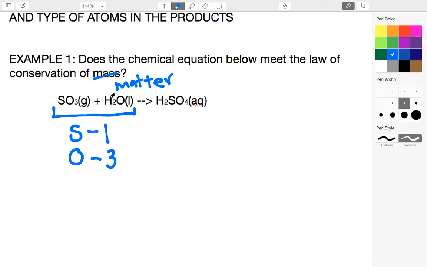Right? I also have H2O, H2. H is hydrogen. I have the subscript 2, so I have 2 hydrogens total. And I have 1 oxygen here. So actually, if I add up all of my reactants, I have not 3, but 4 oxygens. If I look at my product side,